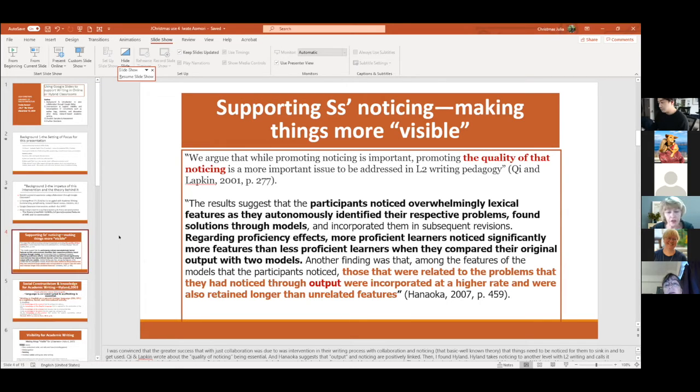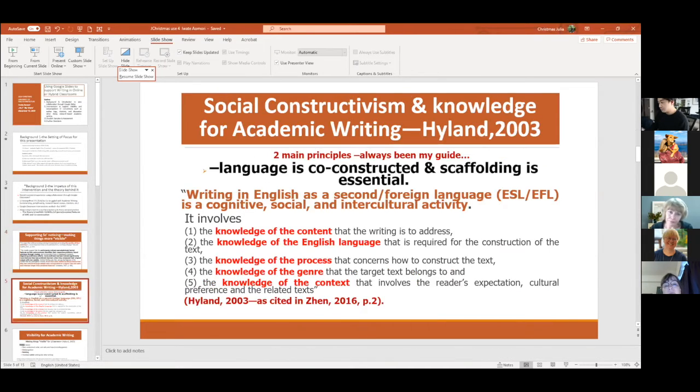And Hanaoka suggests that output and noticing are positively linked. And that was part of all those three things that helped me think about how technology is related to noticing. So moving on,